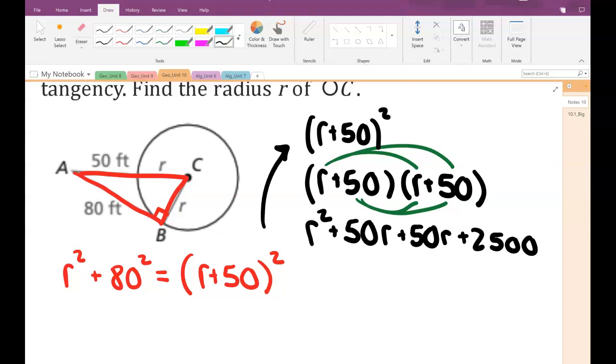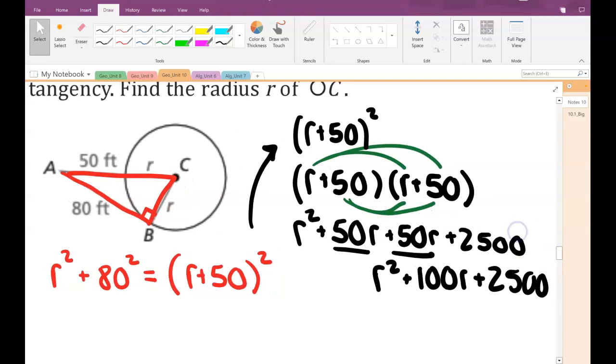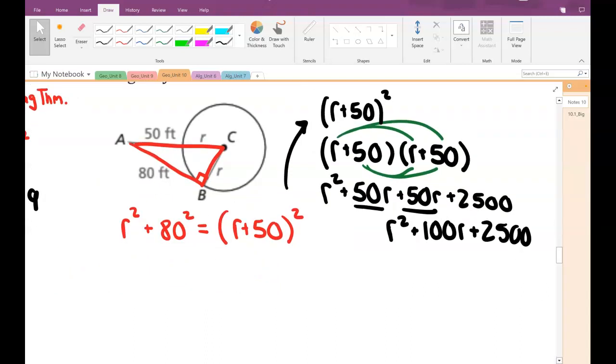So we can combine like terms here and here. So you got r squared plus 100r plus 2,500. So let's expand it out. Why are we expanding it out? Because now things are going to cancel nicely. So if we rewrite what we have,